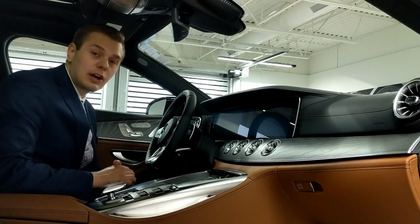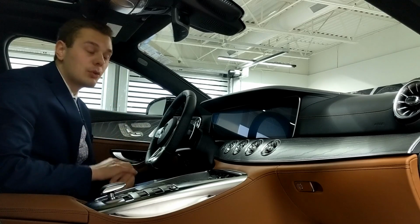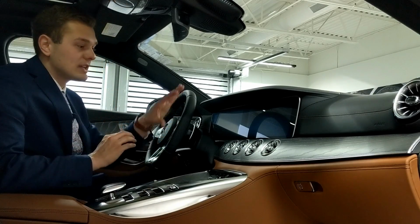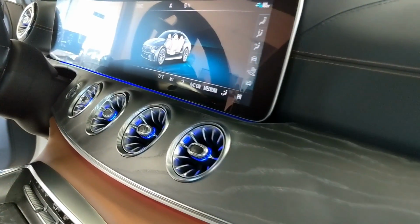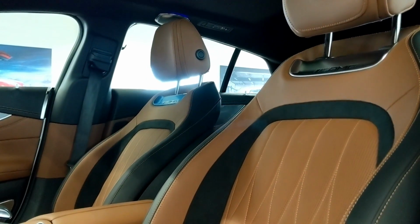Now, everything outside of the car reminds you that this is a supercar, this is a performance-oriented vehicle, but on the inside, you are heavily reminded that this is still a Mercedes-Benz, and as such, you get some of the most exquisite design and some of the most premium materials available. All this genuine wood, supple leather, contrasted stitching, and new technology is really a nice place to be in the